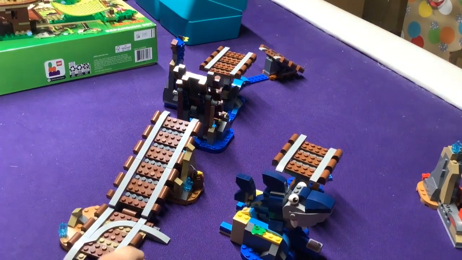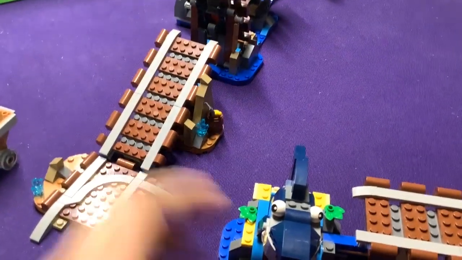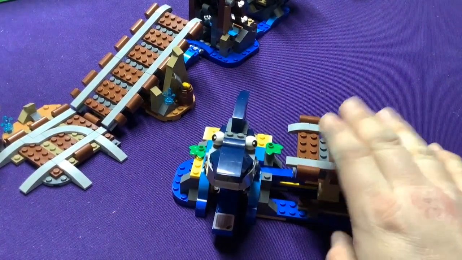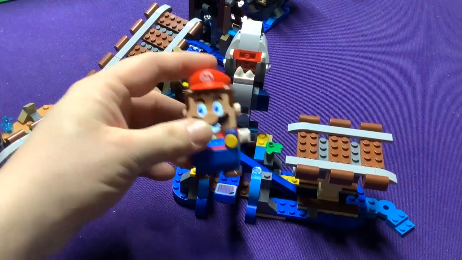So we're going to look at some of the little sets, each individual. I'm going to scoot my camera back down here a bit. So here's our shark. This is really kind of neat. A little pressure thing triggers in there, and that flips him up. And then Mario can...